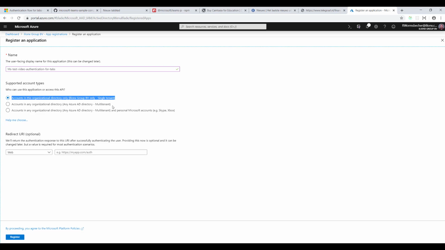I only have one tenant, so I can't actually do a multi-tenant application, but the one that we're actually using in our production is a multi-tenant application. You could say, okay, after you log in, where do I have to redirect to? We'll come back to this later. I'm not really too certain yet what our link would be, because just now it wasn't finished creating yet. So I hit register,